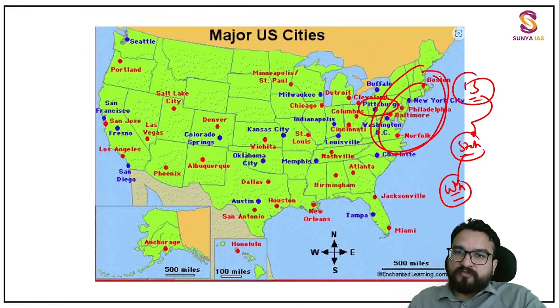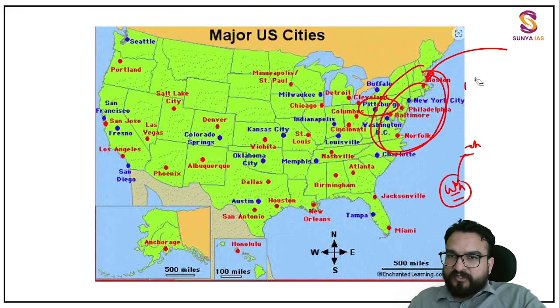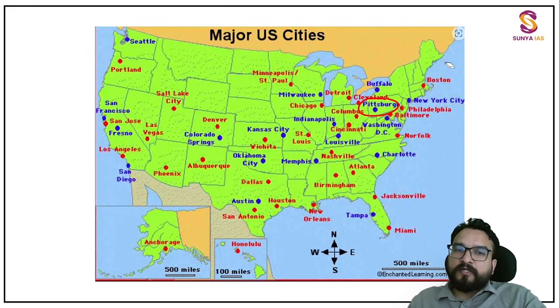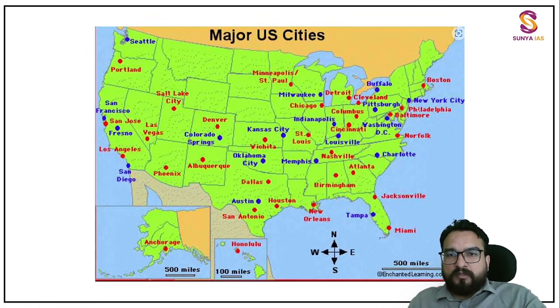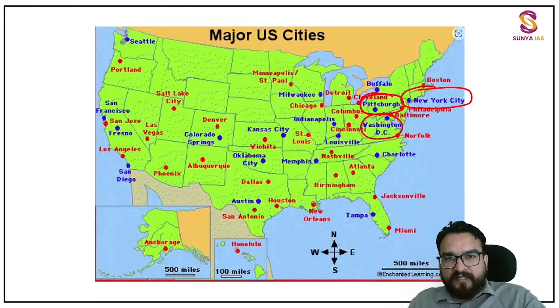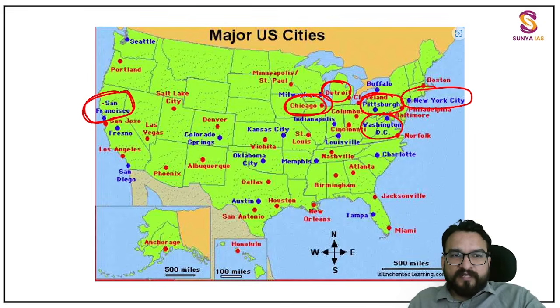These are the colonies which were basically settled by the British initially, and from these 13 colonies the American constitution was formed. But what you have to remember right now: Washington DC, New York City, Pittsburgh, very important. Coal fields, coal mines you will be finding over here, which again you will understand later on. Detroit over here, Chicago over here. Then you come to Silicon Valley and you will be getting San Francisco, and Seattle over here, very important.